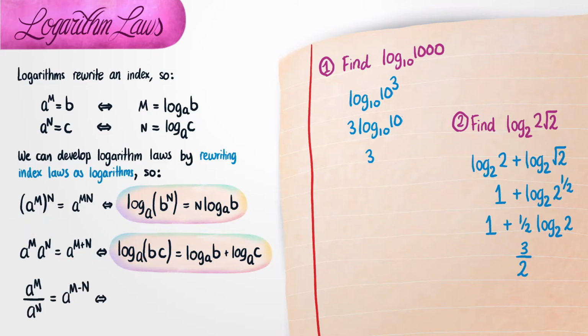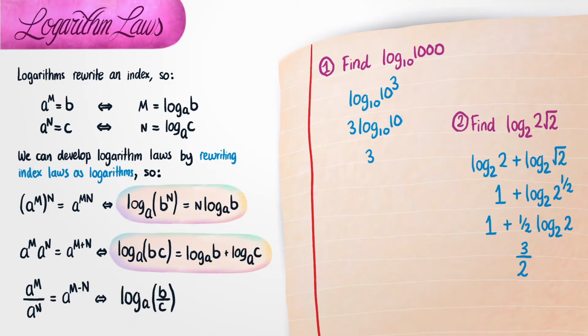Now, whilst it is possible to repeat the exact same process that we did for these two index laws on this index law, I want you to remember that this index law actually comes directly from the other two index laws. Now, as an exercise for you, you should try actually converting this into the final rule that I'm about to show you, remembering that a to the power of m is b and a to the power of n is c, and so on. But since this depends on these two, then the last log law can also depend on these two log laws,